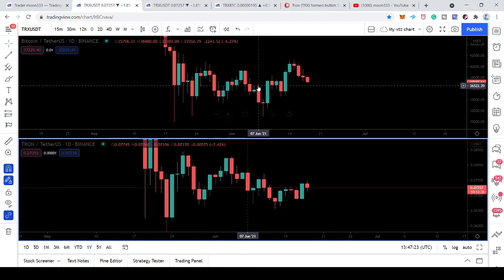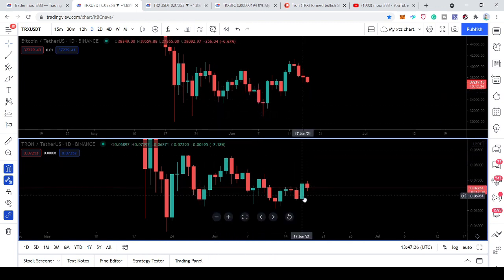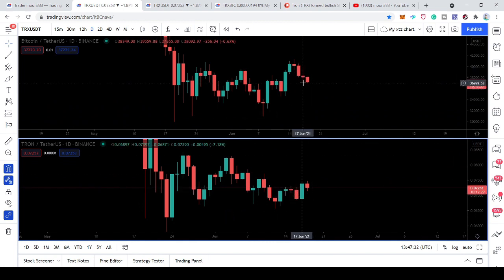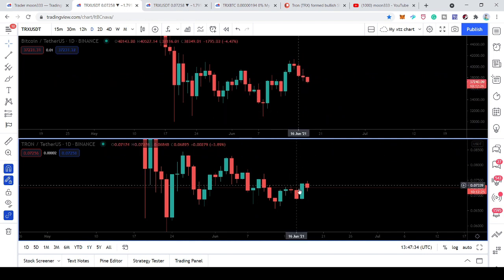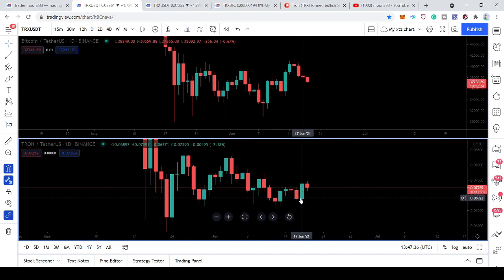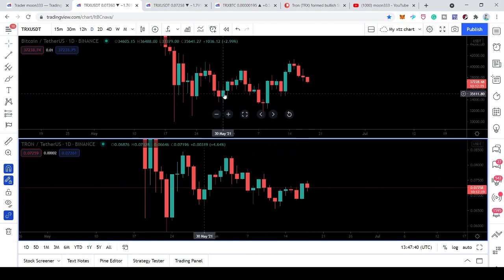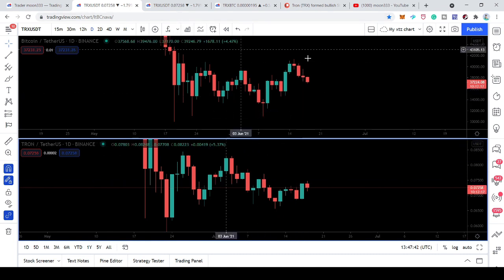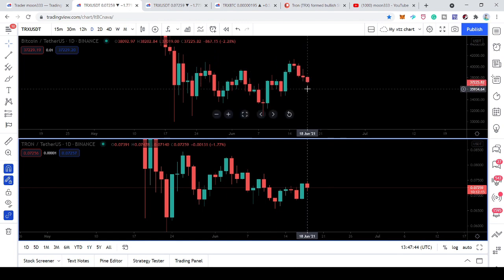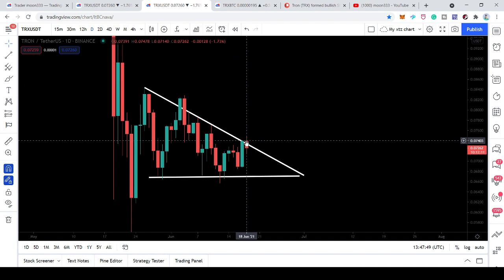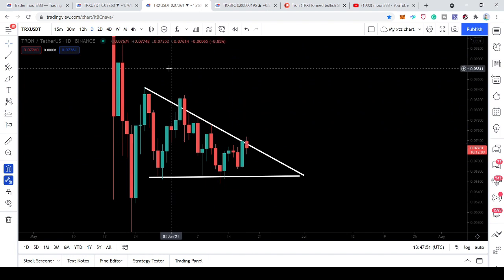Okay, yesterday we have seen that the price action of TRX has moved and behaved differently from Bitcoin. For example, yesterday we had a sell in Bitcoin, but if you watch TRX, we had nice buying in yesterday's candlestick. Therefore, we can expect that if Bitcoin keeps moving down, TRX may behave differently and break out of this resistance of the triangle,